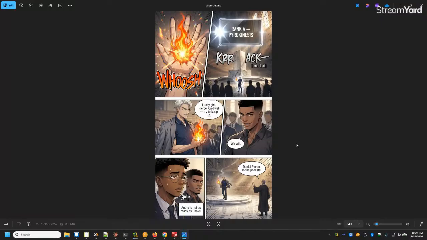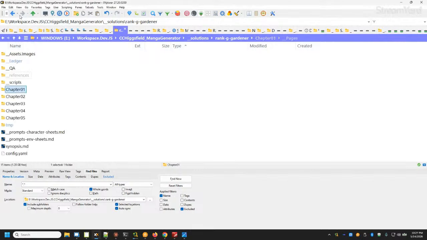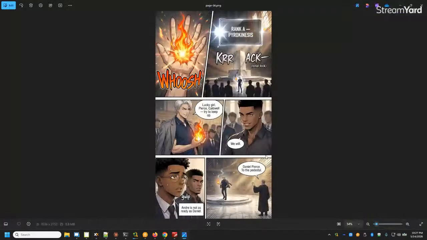I want to say up to chapter, what are we at? Chapter 6? Chapter 5. I want to say it took about 6 hours to cook with corrections and stuff like that. The grading is what took most of the time. So the way I had it set up is after the image generated, whether it's 47 or 55 that generates the image, and again, that's through the Higgsfield CLI using GPT Image 2 on the back end.